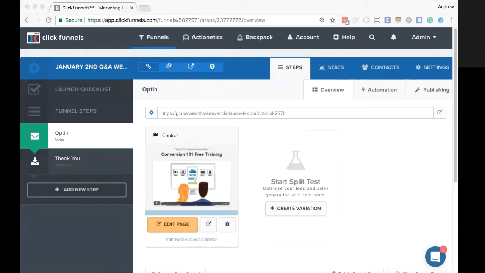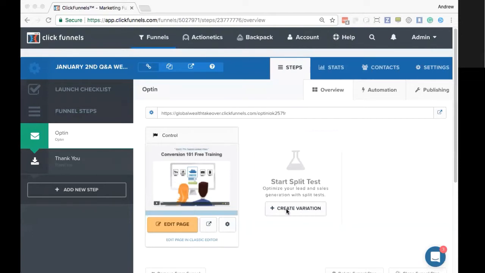So without any further ado, before we get started answering any questions, we'll go ahead and give a brief demonstration of how to start a split test on an opt-in page, what links to use, and then how to promote your winning variation. So in this case here, as you can see, we just have a simple page set up. We have an opt-in page as well as a control page that we've created.